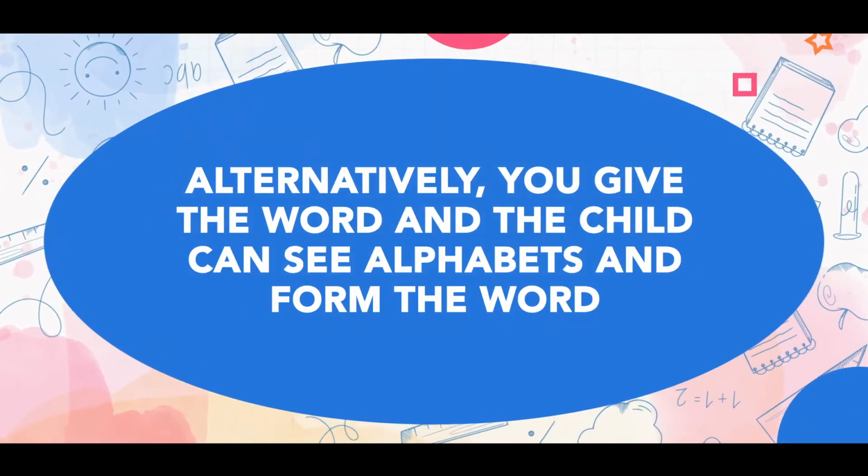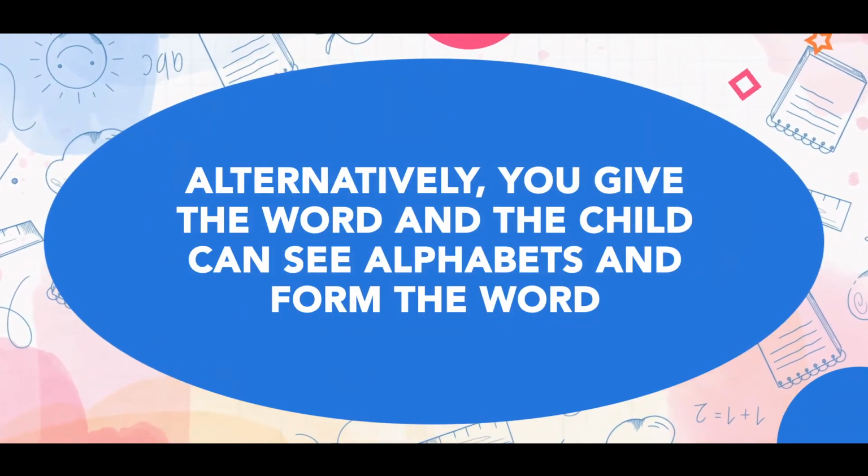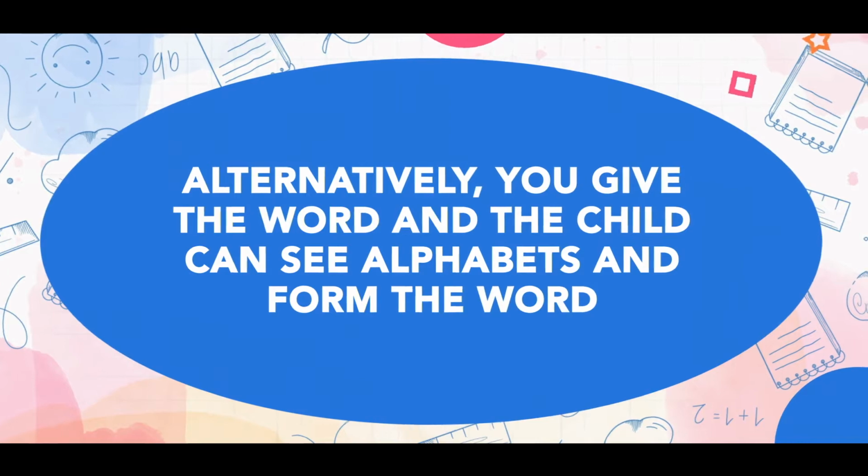Here you can say the word. For some kids, you can actually write it in one stick-it note, like the word bat, and show them. So they see the letters and then take it out. Okay, you're given the word bat. Now the kid has to see it. Whereas B, it is the same shape and same structure. Maybe they are just learning now. Then they take out the letters B, A, T, and then they form it as bat. So you can play it either way. It can be also played with alphabets. Then you can move on to words also.